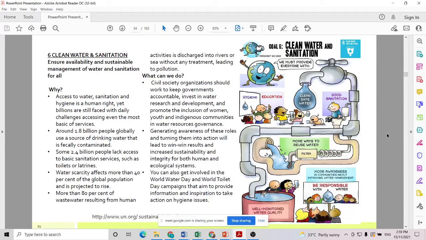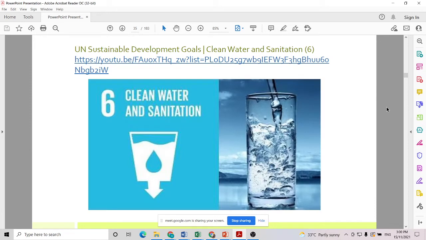Alright. Number 6, clean water and sanitation. So clean water is an important factor. Although in Selangor we have also had water disruption, in general, in Malaysia, the water supply is quite good. Which means that every place has access to water supply. So basically, water supply is very important.